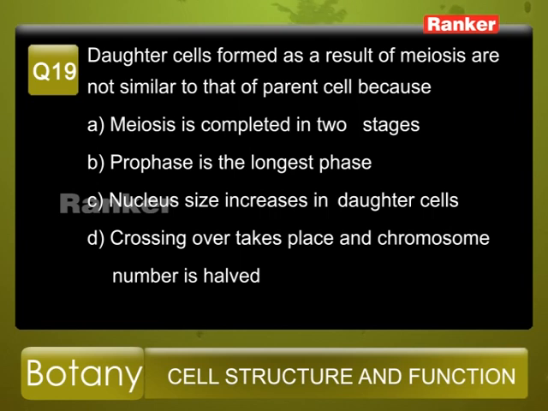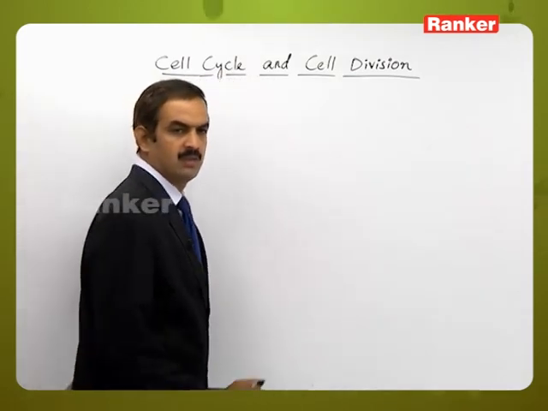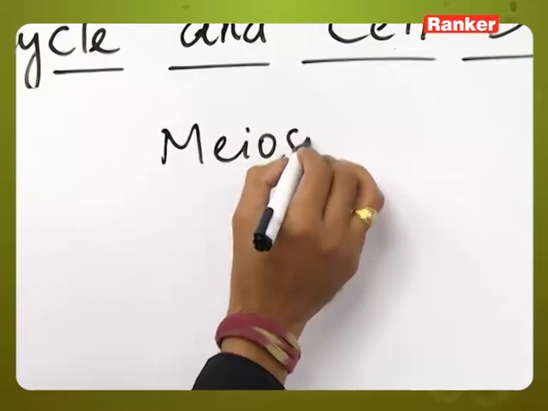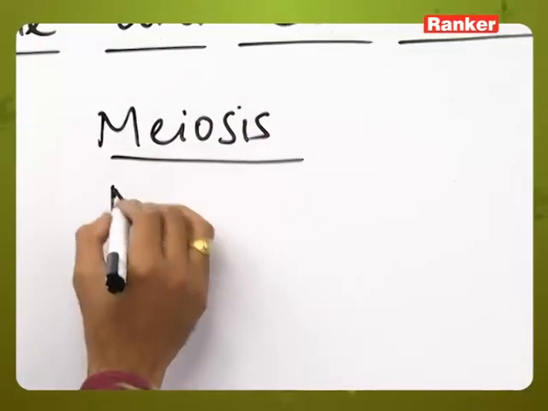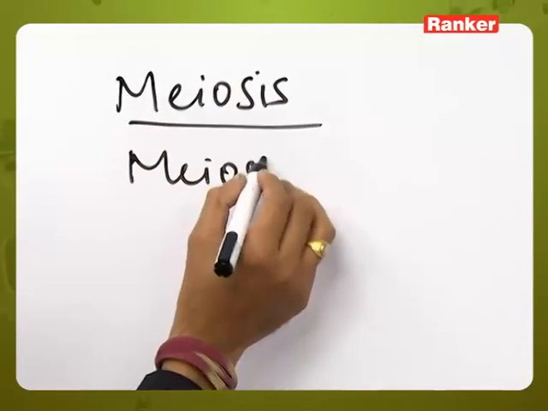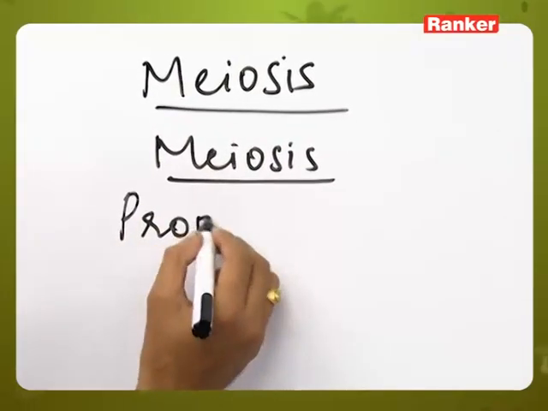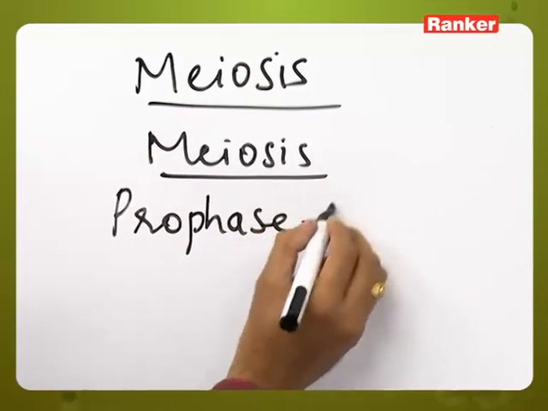D. Crossing over takes place and chromosome number is halved. So here, during meiosis, particularly during meiosis 1,